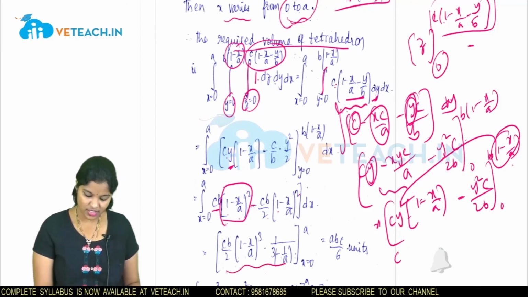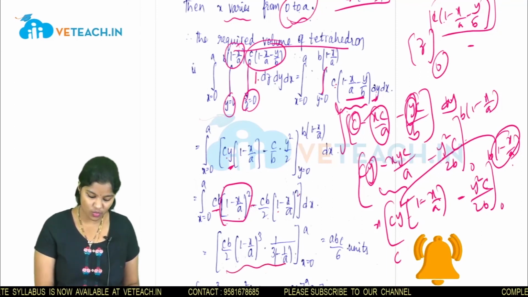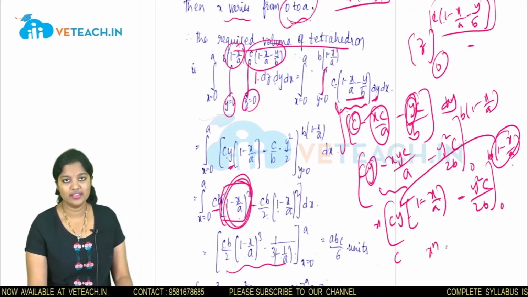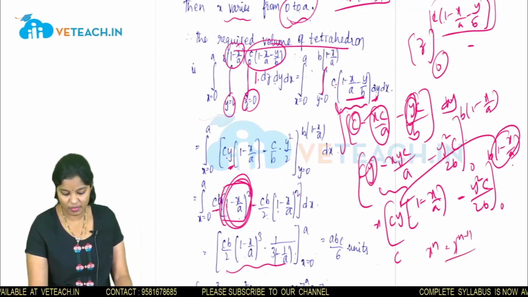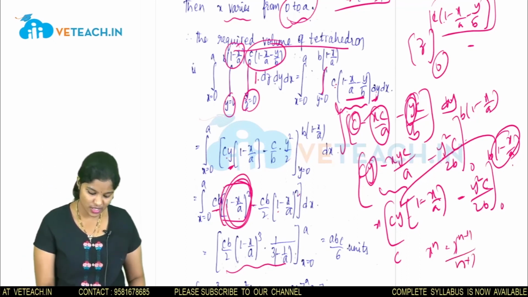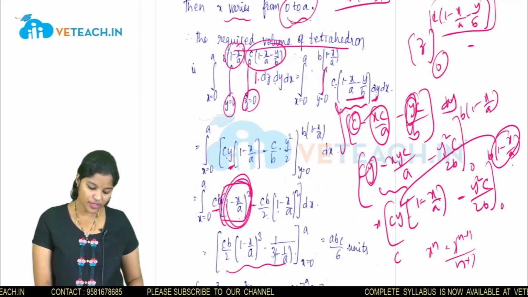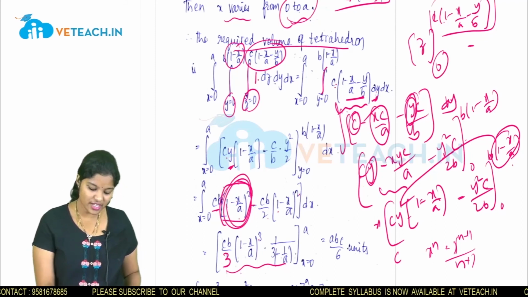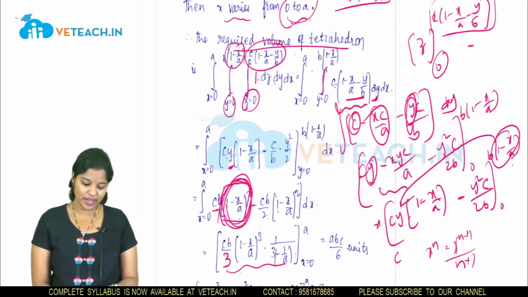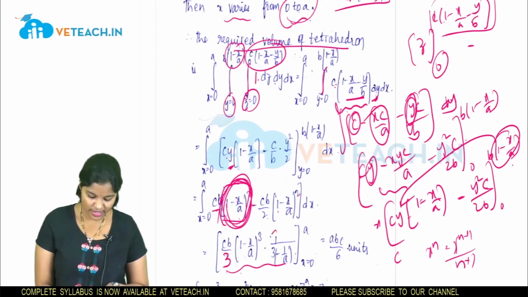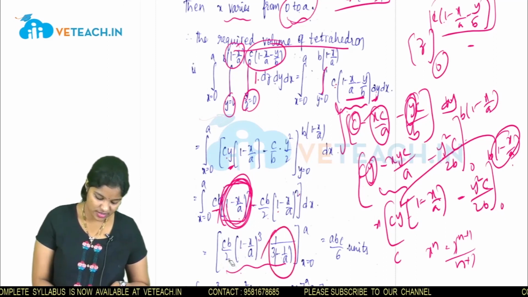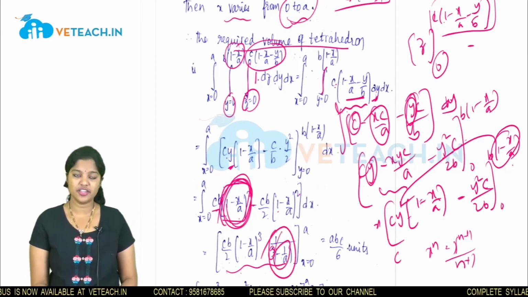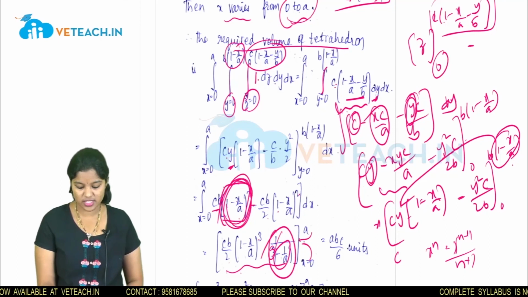Now this equation, if we integrate with respect to x, what we will get here? This whole term is of the form of x power n, that is equals to x power n plus 1 by n plus 1, that is equals to 1 minus x by a whole cube by 3. Here the value is 3. And the integration of this value, again here in the place of x we are having x minus a. So the integration of this value is x. So here the 3 is written here and the integration of that value is minus 1 by a, written in the denominator. Now substitute the limits 0 and a.